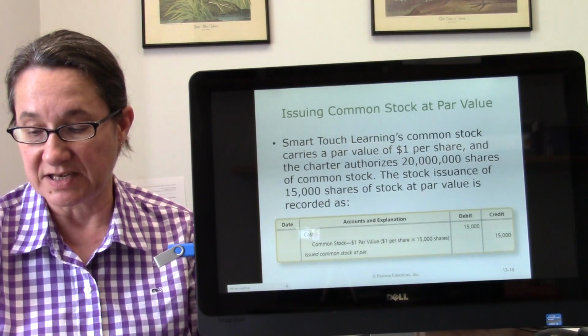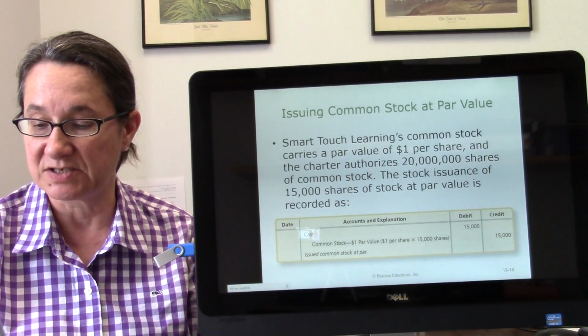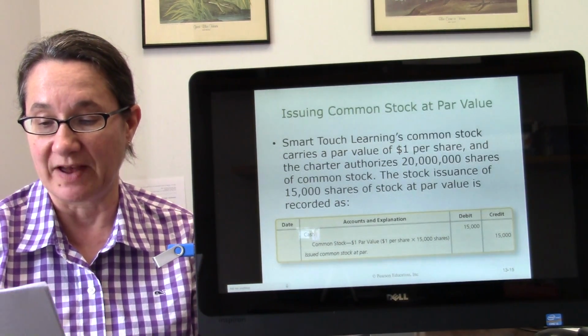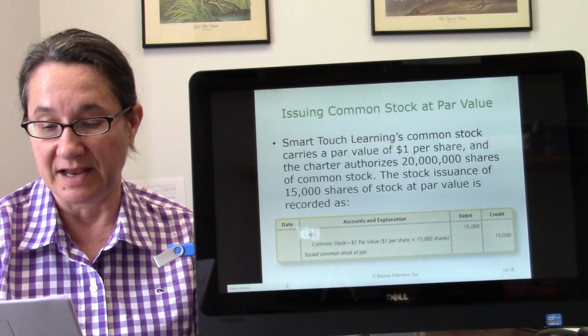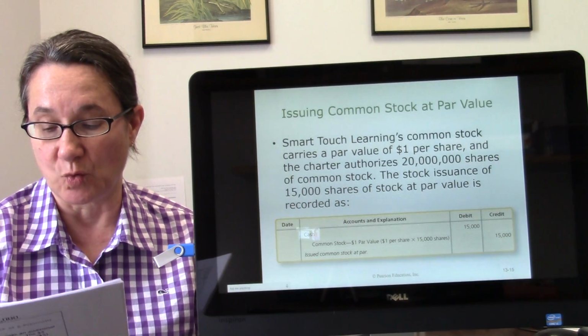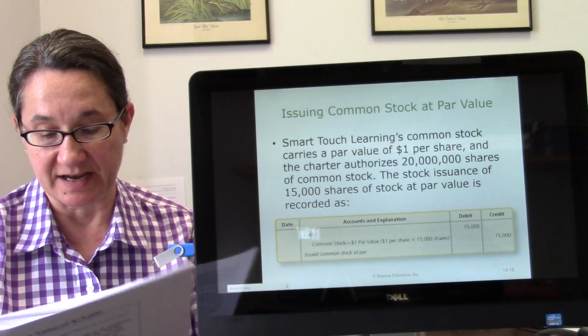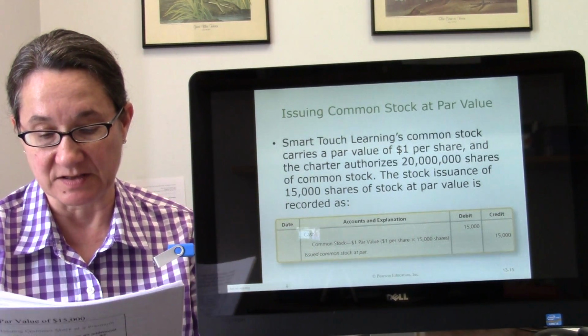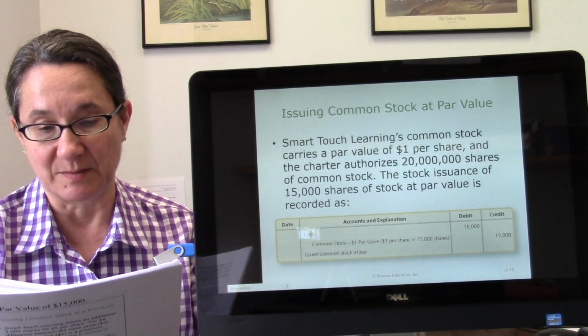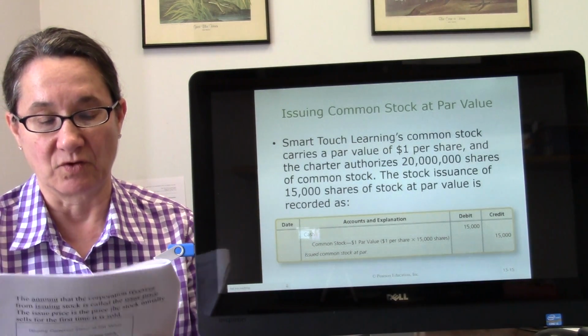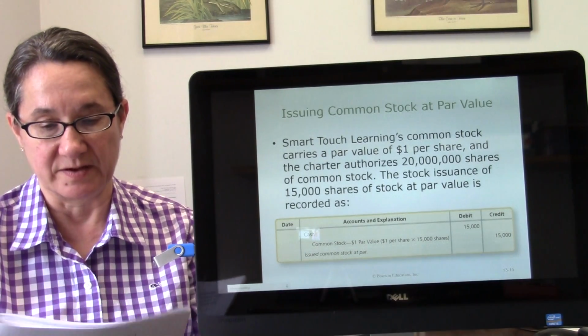All right. Smart Touch Learning. Here's an example. Smart Touch Learning common stock carries a par value of $1, and the charter authorizes 20 million shares of common stock. The journal entry includes a debit to cash of $15,000 and a credit to common stock for $15,000. So in this case,